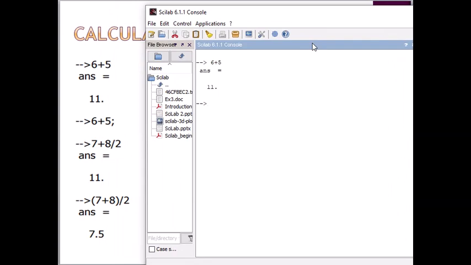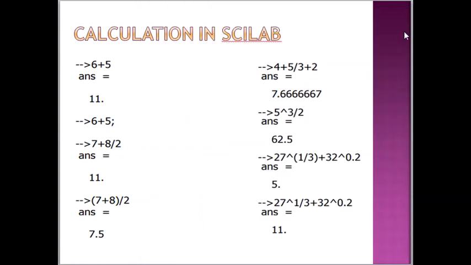Similarly, if we need 7 plus 8 divided by 2, then we get 7.5. So here our Scilab software is treated as a calculator.